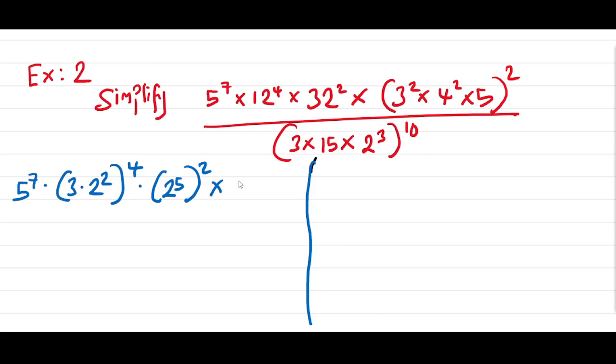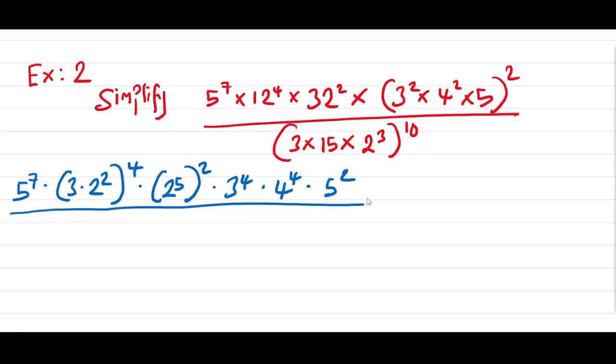Everything here will then become 3 to the 4 power, because this 4 has to take the power of each of these terms here, just as we explained in the videos on the laws of indices. And this should be 2 to the 8th power multiplying by 5 to the 2nd power, and everything will be divided by